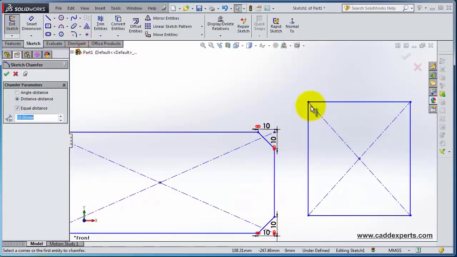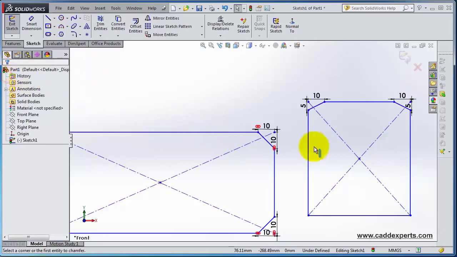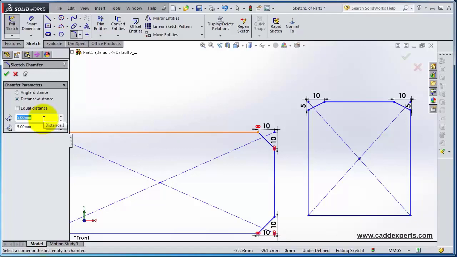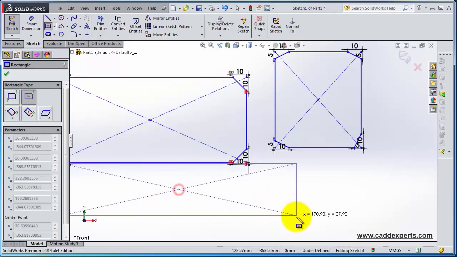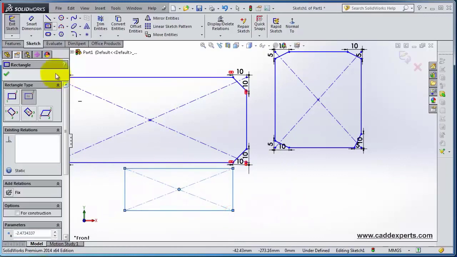Let's again chamfer, select, uncheck the equal distance, and here let's make two different distances. Choose this, and let's reverse. Let's click OK then. Chamfer, make it 5 by 10. So you have two different distances. Again, let's create the last rectangle and select